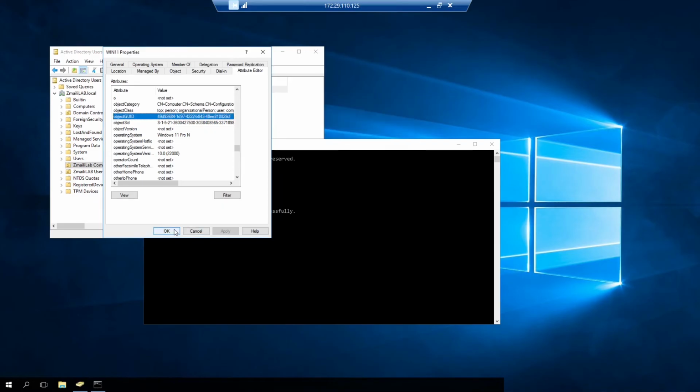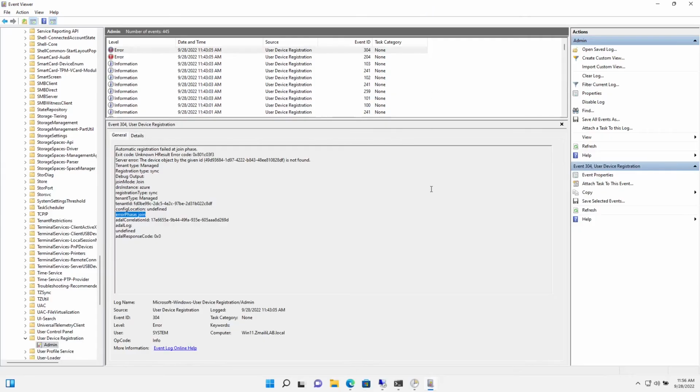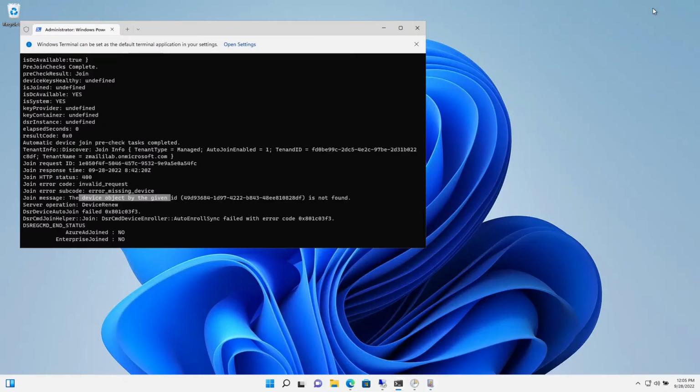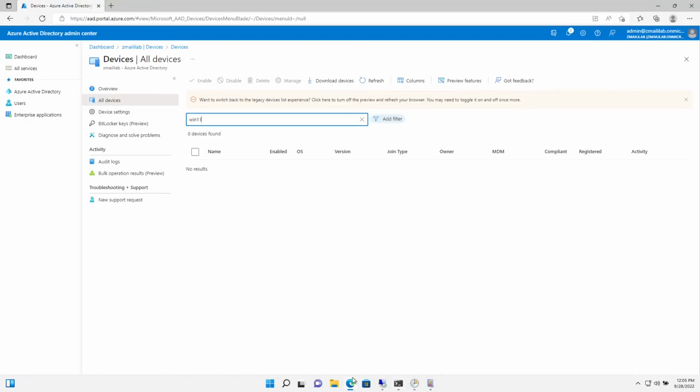Now, let's close this one and let's go back to our device. Let's try to verify if the computer object already synchronized to Azure AD or not yet. We do this by going to portal.azure.com, Azure Active Directory, Devices section, and this is our device name. Let's try to refresh. Currently, the computer object didn't synchronize to Azure AD because the default synchronization cycle for AD